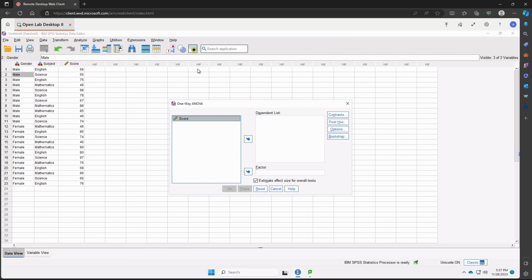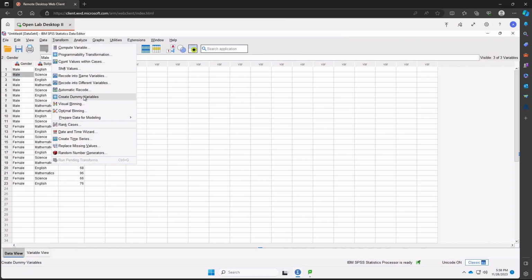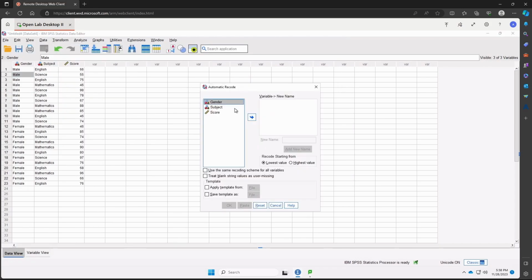Alright, so as you can see, we only have score. That's because in SPSS, they only allow numeric. As you can see, this is alphabetic. So we want to transform them into numeric. So I'm going to do